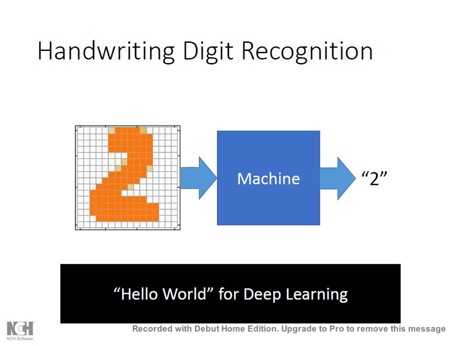It's very useful, for example, when you write the zip code. When you write a zip code, it gives you some boxes, right? You can write your zip code in the boxes. Before, we used humans to recognize your zip code. But today, if we have a machine, it can recognize the number by itself without human intervention.